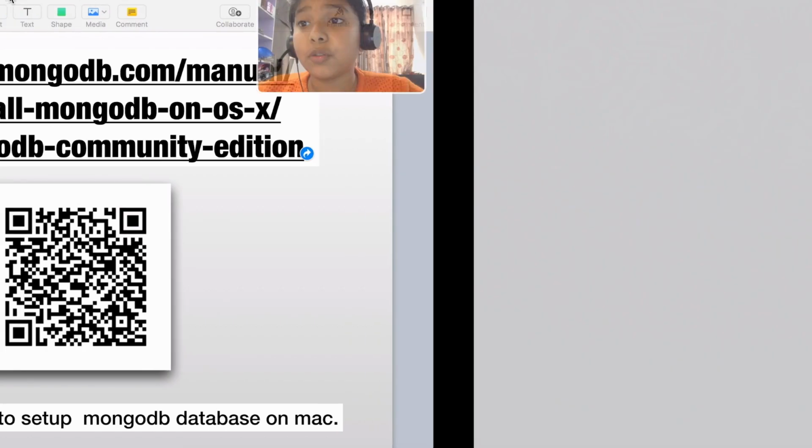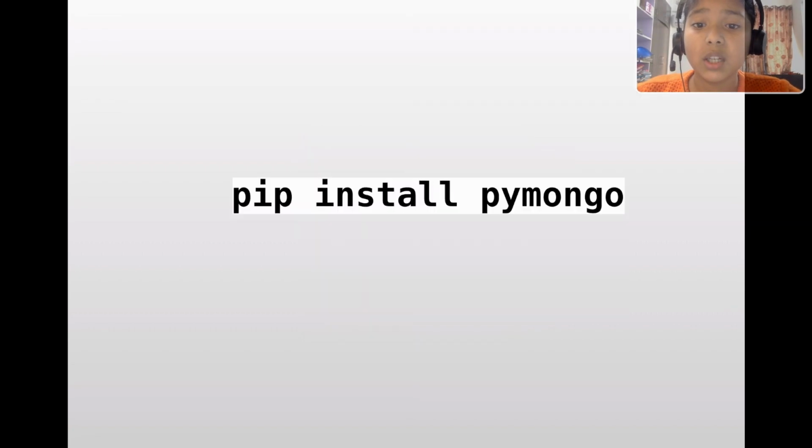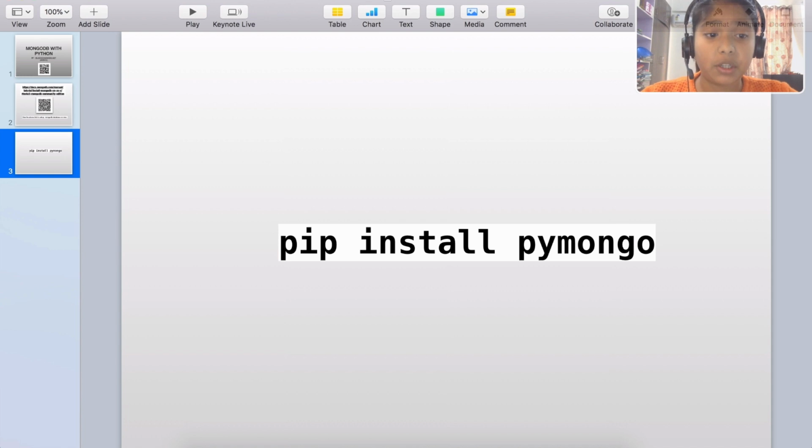So now let's move to our next topic. So what is PyMongo exactly? PyMongo is a class library in Python. It is needed by us to run our MongoDB commands in Python. So to install PyMongo in your computer, you just need to go in your terminal